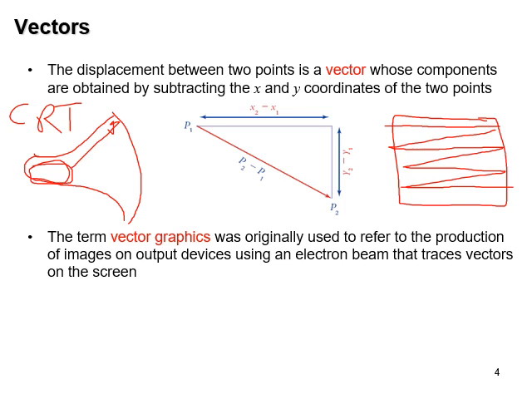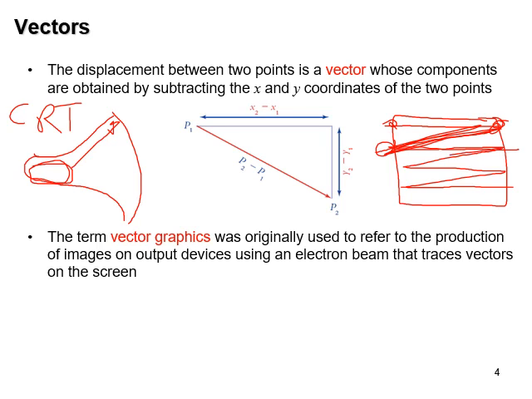Okay? So the reason they called this vector graphics is that, as we say here, the term vector graphics was originally used to refer to the production of images on output devices using an electron beam that traces vectors on the screen. So that electron beam starts from this point and ends at this point. So it's like a vector connecting these 2 points. And then it goes down from this point here to this point here. So it goes through this vector, that vector,